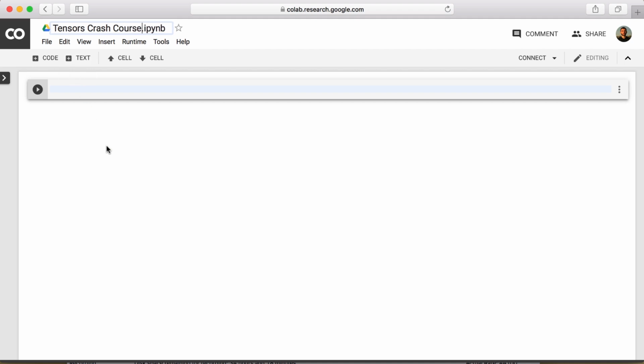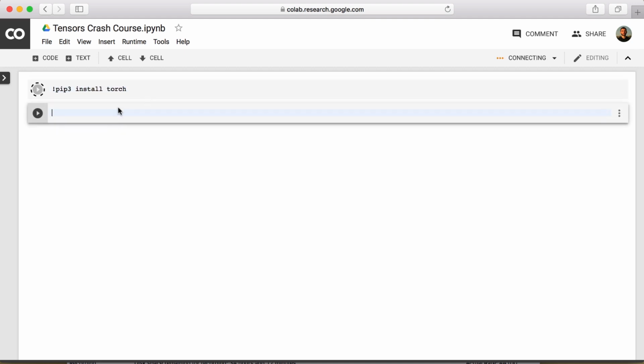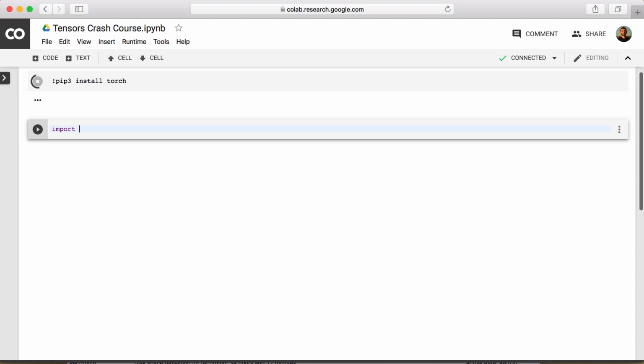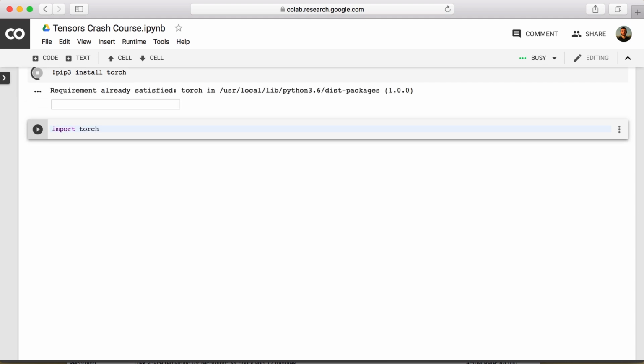This is quite similar to Jupyter Notebooks. We will eventually be using it for its free GPU, but notably, many packages come pre-installed for us when using Google Colab. Unfortunately, Torch isn't one of them, so in our first cell, we run the following installation. pip3 install torch. Alright, and as it's installing, inside of our first cell, we import torch,